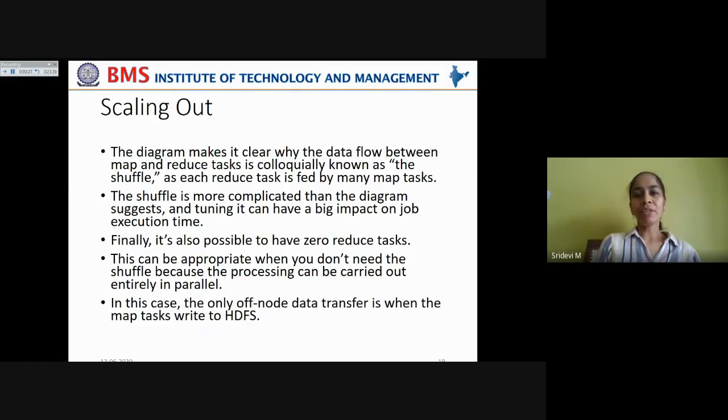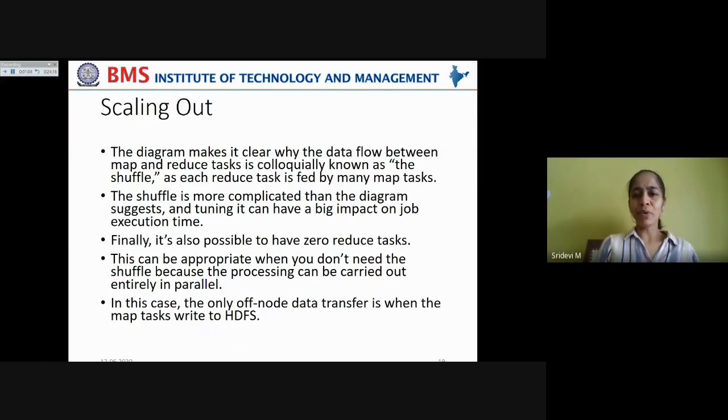Say in our air temperature example, we are shuffling the air temperature key value pairs such that all the air temperatures in a particular year, 1950, are fed to one particular reduce task, and other air temperatures recorded in a particular year, say 1960, are fed to another reduce task. So we are seeing that all the values associated with a particular key are shuffled and sorted and sent as input to one particular reduce task, right?